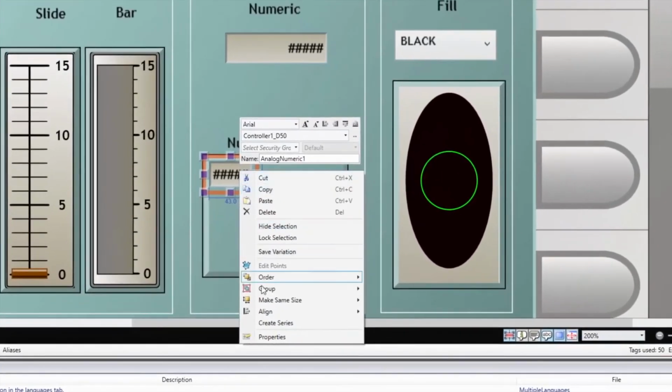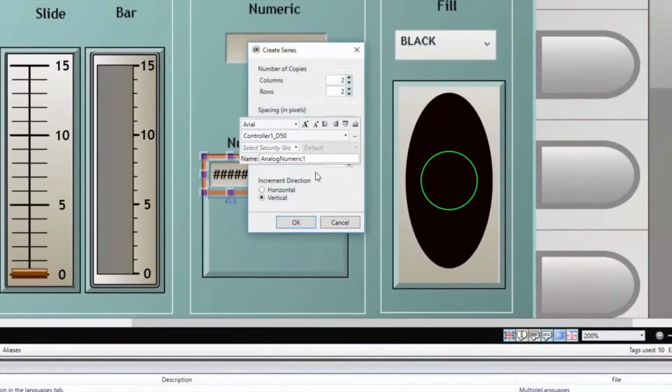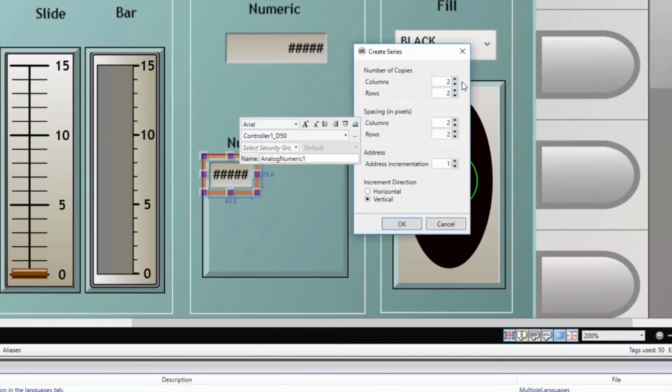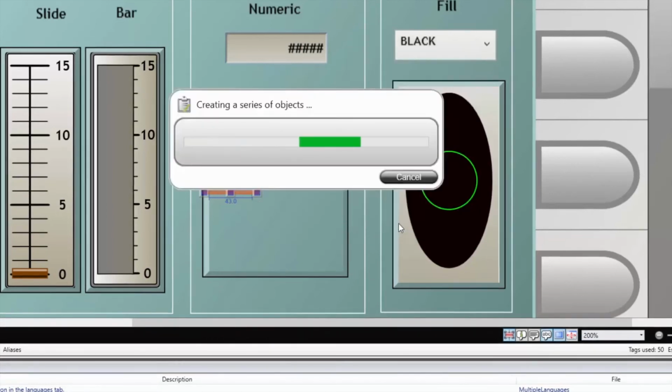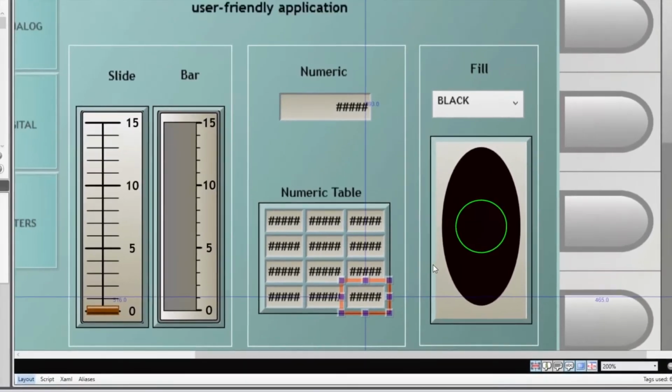Right-click and select Create Series. Type in the number of columns and rows that should be auto-generated, in this case 3 and 4. Click on OK. Finally, we will review one of the fill objects that were converted to an ellipse during the